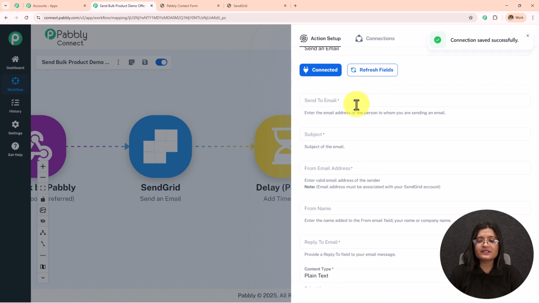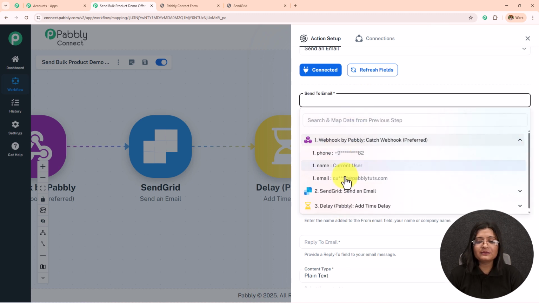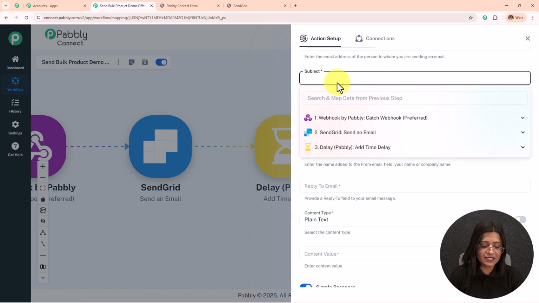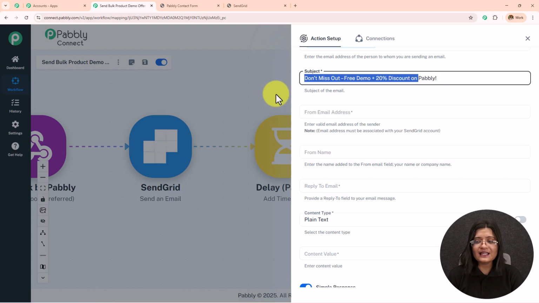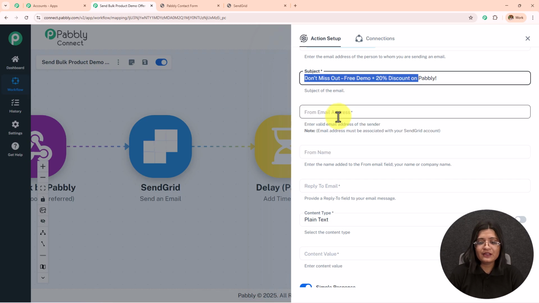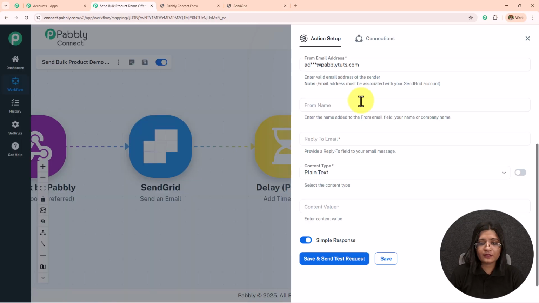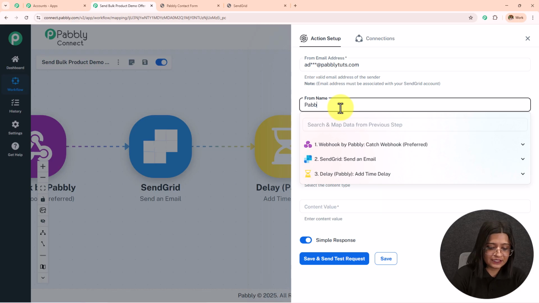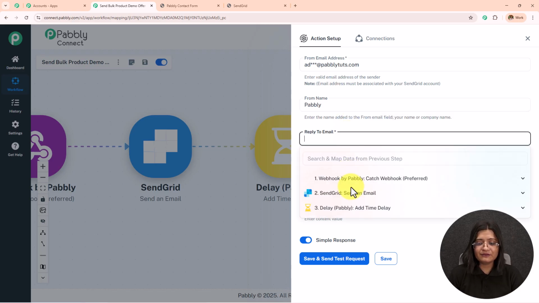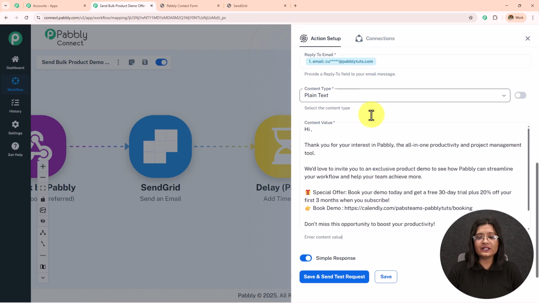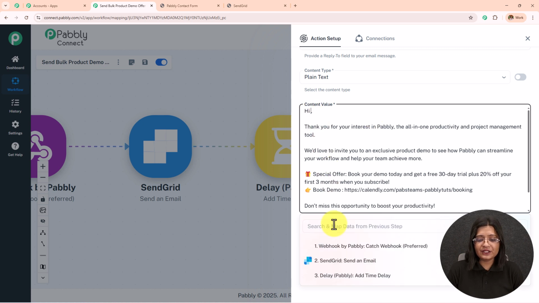Then I'm going to follow the same process. I'm going to enter or map the send to email address as current@pabblytudes.com, then the subject as this, don't miss out free demo plus 20% discount on Pabbly. From email address will be the same which I have copied from SendGrid. Then the from name will be Pabbly. Then the reply to email will be that current@pabblytudes.com and the message will be. So here I have entered the email content as hi,